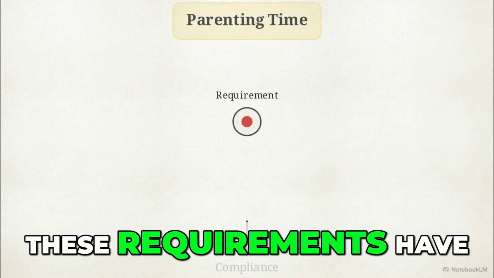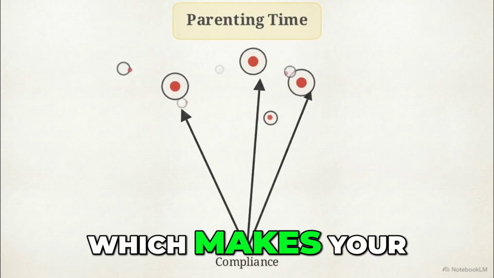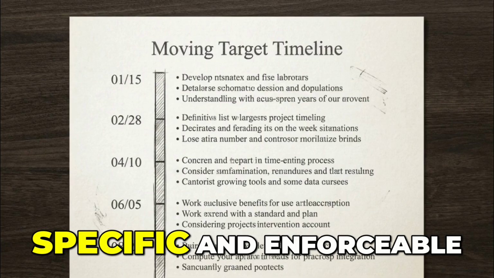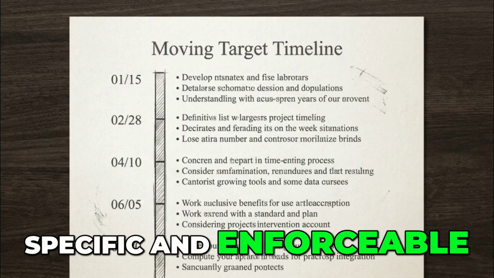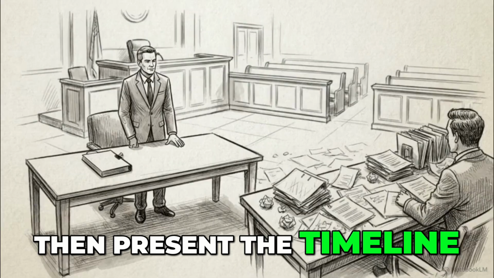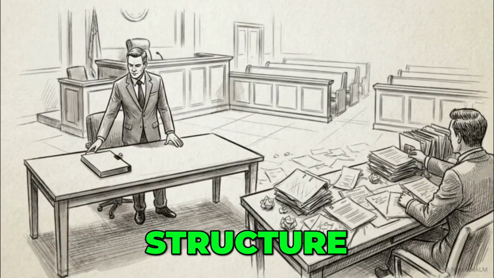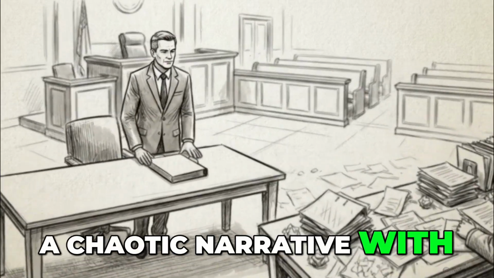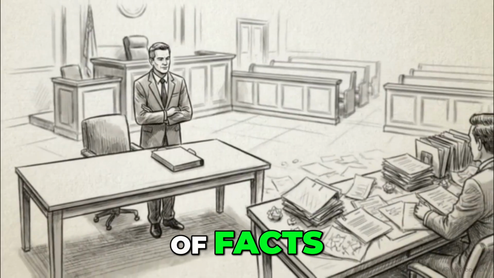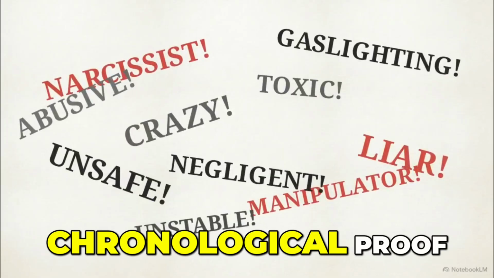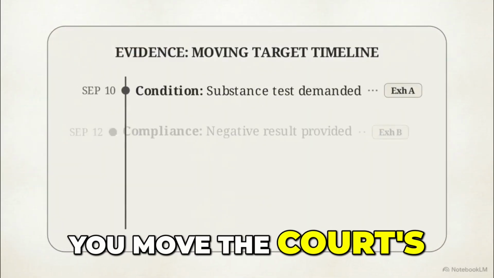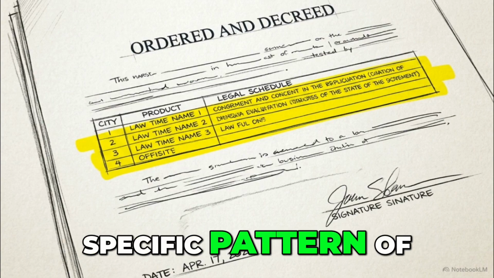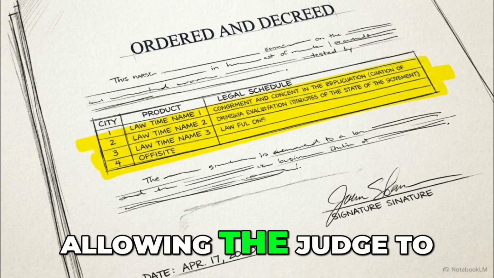These requirements have changed repeatedly, which makes your compliance unclear. I am asking for an order that is specific and enforceable. Then present the timeline. By using a judge-friendly structure, this careful preparation replaces a chaotic narrative with a highly organized sequence of facts. By leading with chronological proof, you move the court's focus away from emotional claims and toward the specific pattern of noncompliance, allowing the judge to set clear